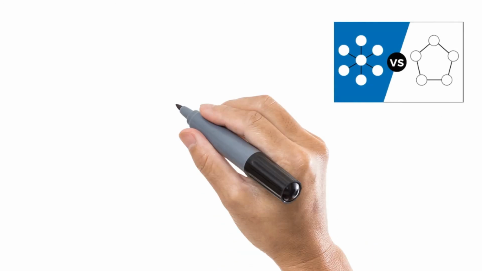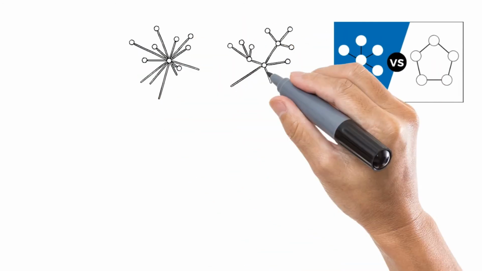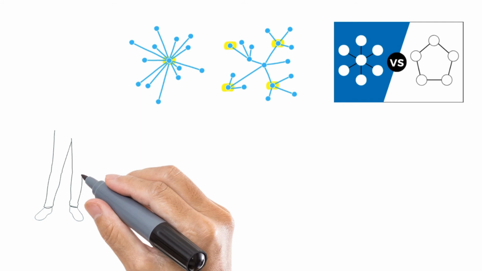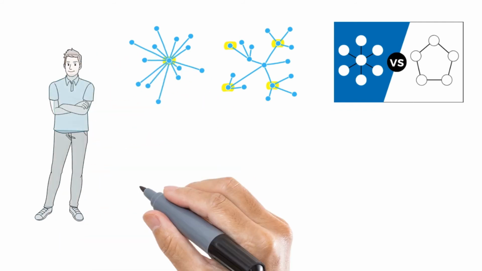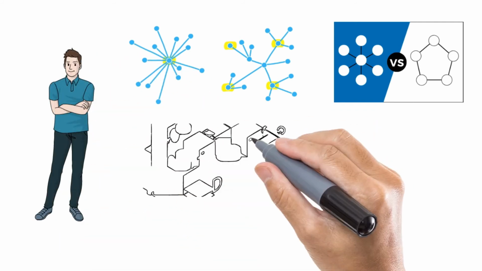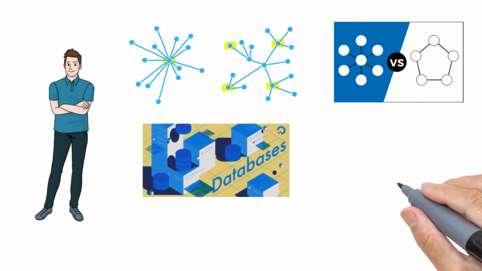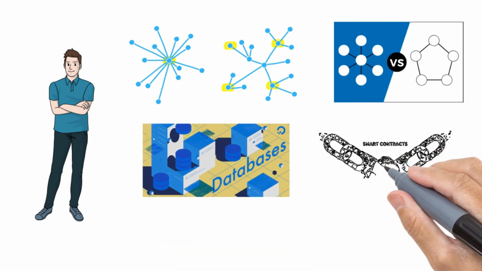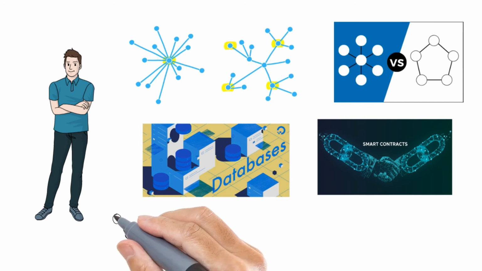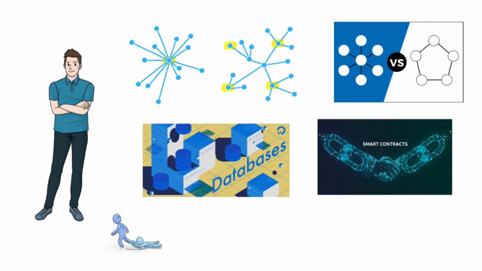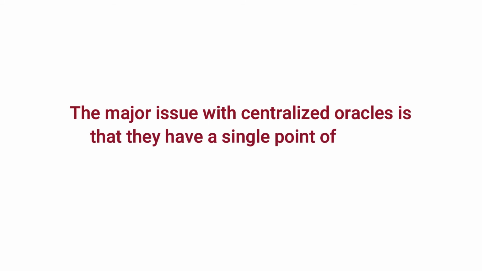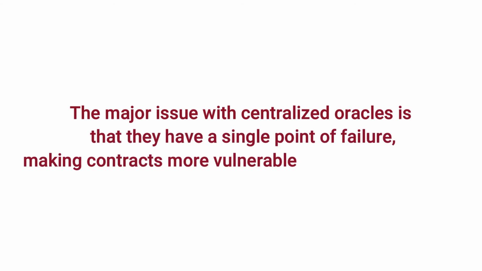Number 5, centralized, and number 6, decentralized oracles. A centralized oracle is managed by a single entity and serves as the smart contract's sole source of data. Using only one source of information can be dangerous since the contract's efficacy is solely dependent on the entity in charge of the oracle. A bad actor's harmful intervention will also have a direct effect on the smart contract. The major issue with centralized oracles is that they have a single point of failure,